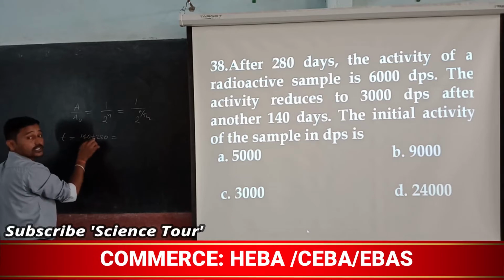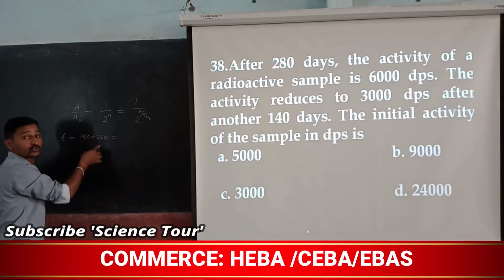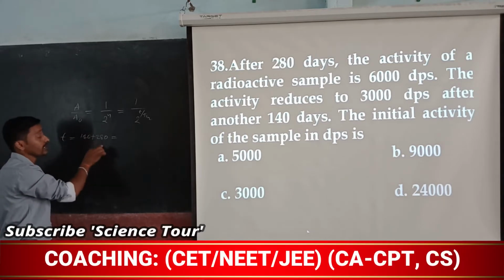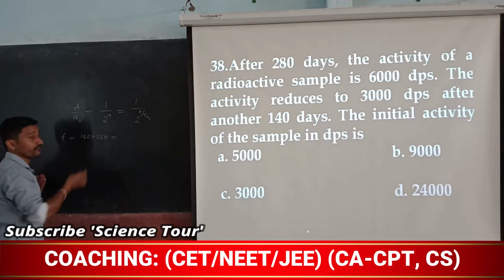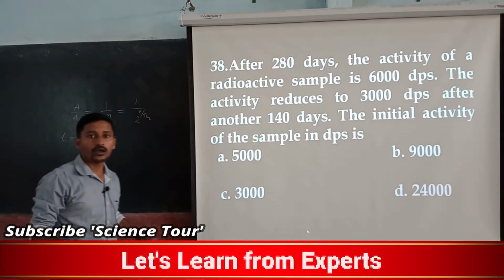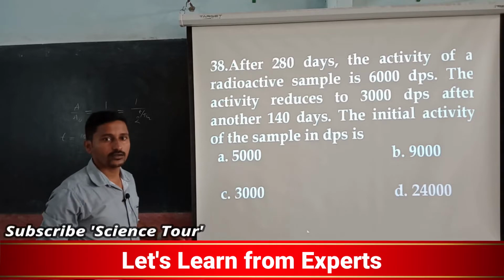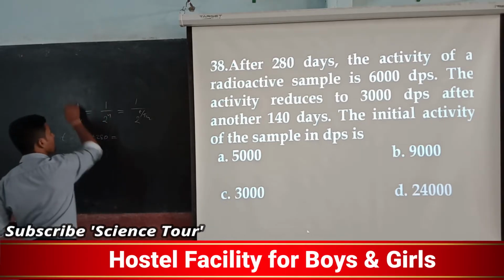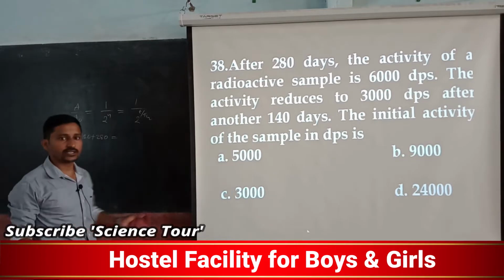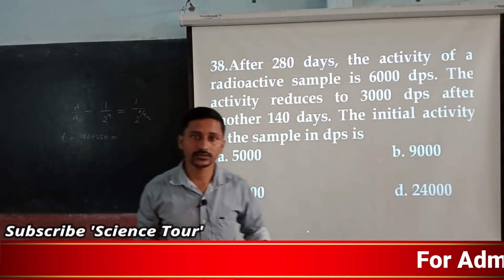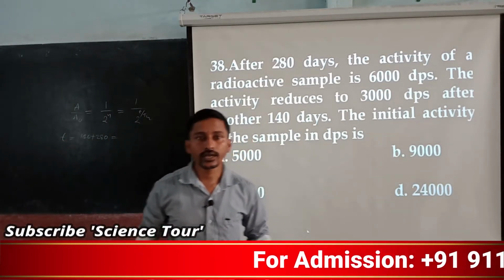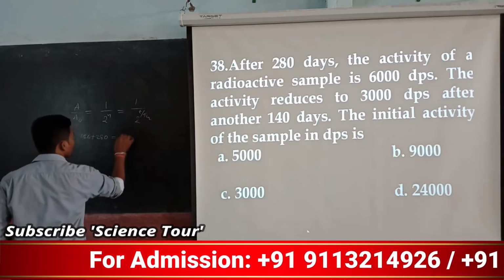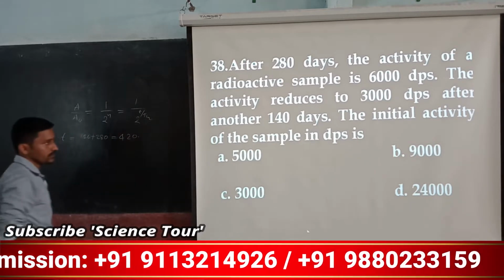This one easily has to come, quickly has to get that. Not thinking about how much 280 plus 140 is. That is addition. Okay. So that is what I am always saying: if the formula and all you will write down, and then the addition itself you take time, it means a problem. So 420 days. Okay.